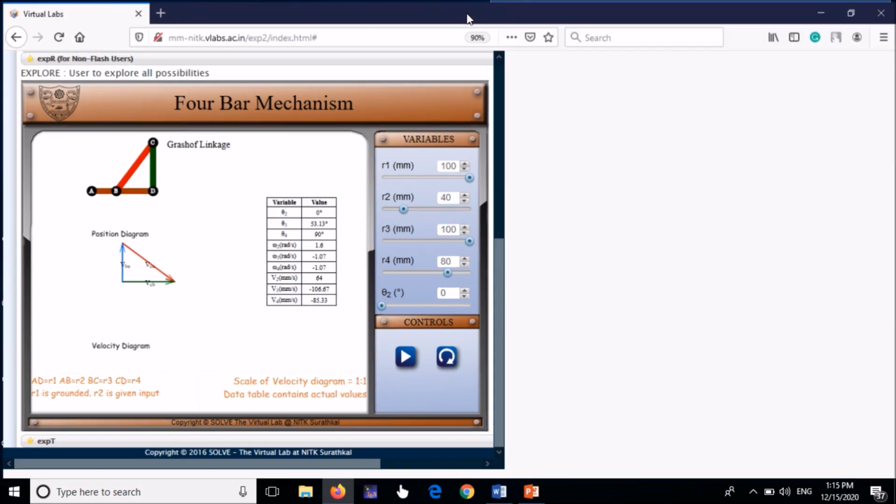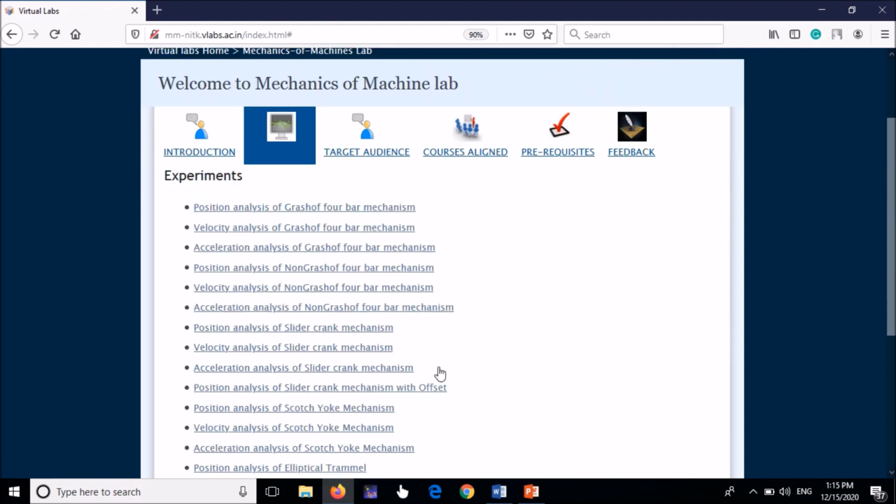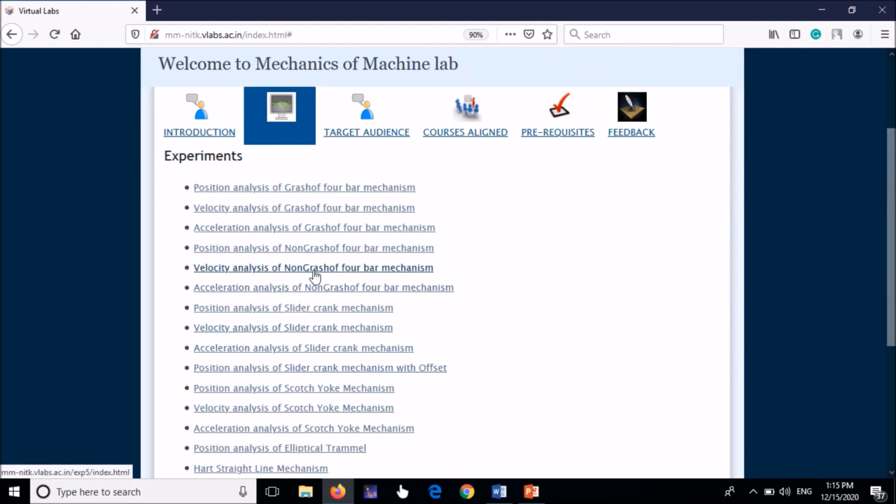Similarly, another example I'll be taking, that is the third one. Again, in the list of experiments, velocity analysis of slider crank mechanism. Let's take the slider crank mechanism.